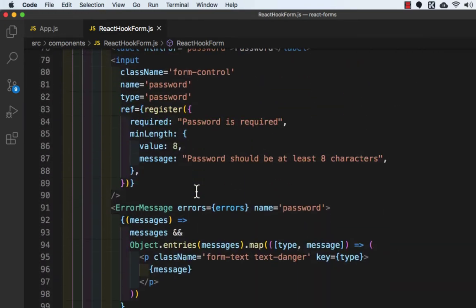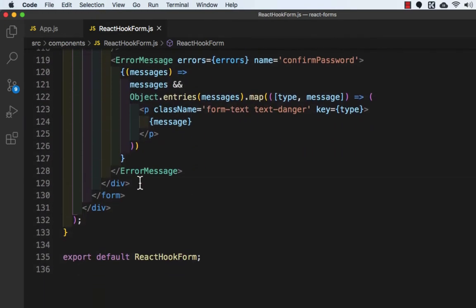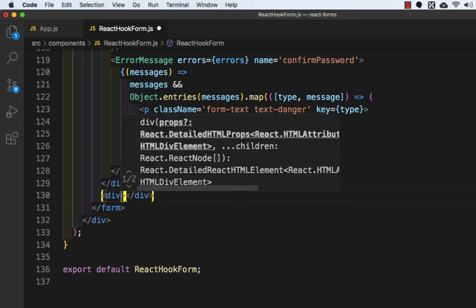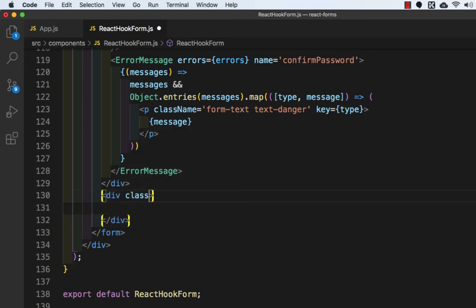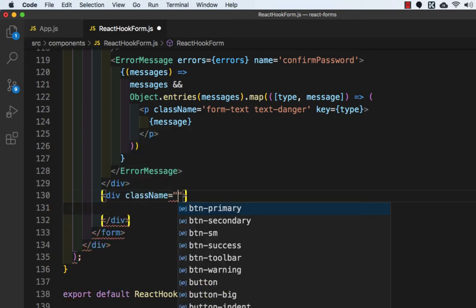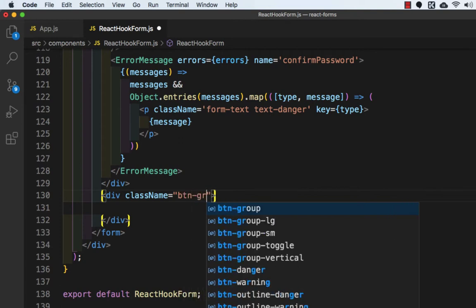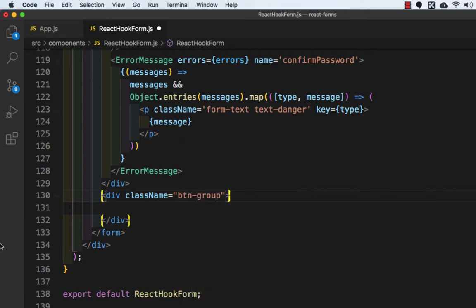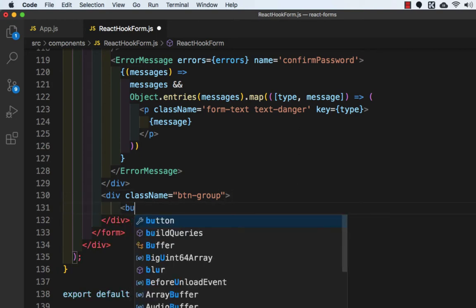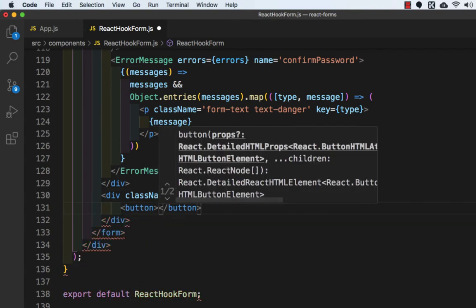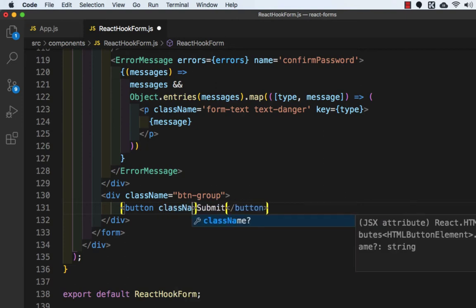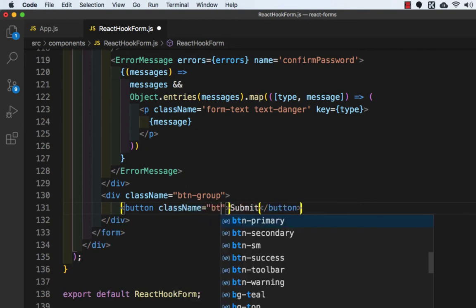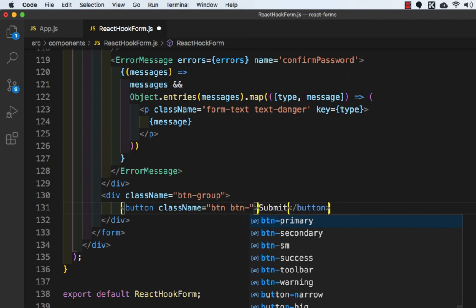Now we need to create the button, so we need to come at the bottom, and before the form we will create a div, and inside this div tag we will write className, which is equal to btn-group, and here we will create buttons. So button, this is the submit button, and here we will create className btn-primary,